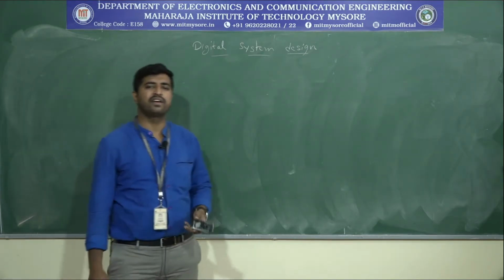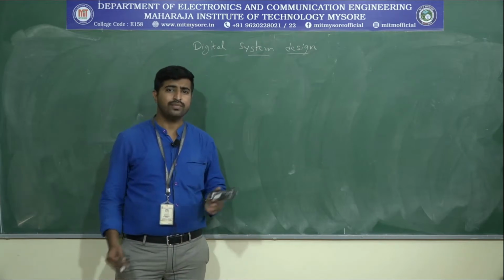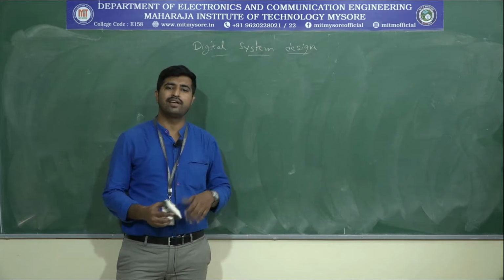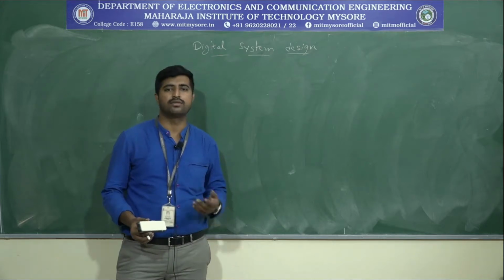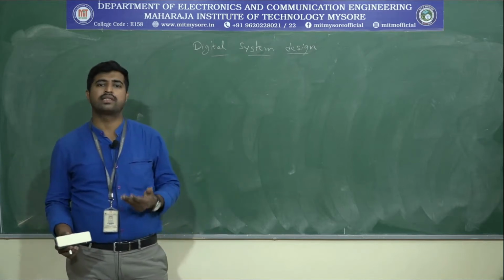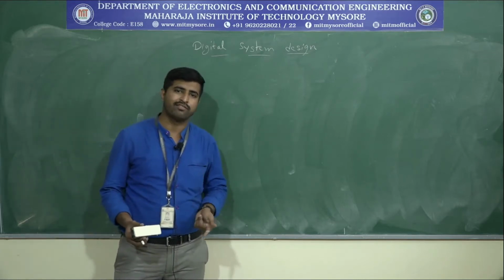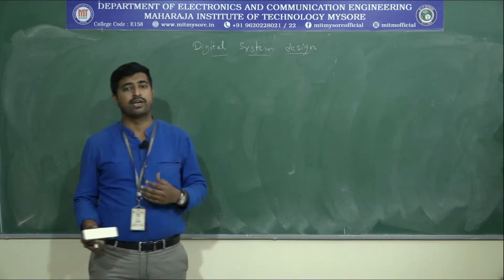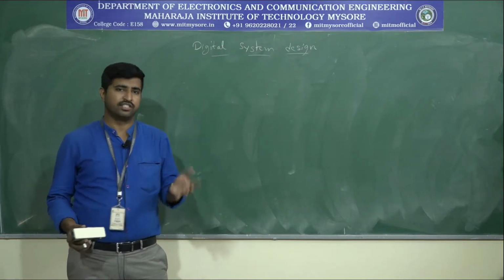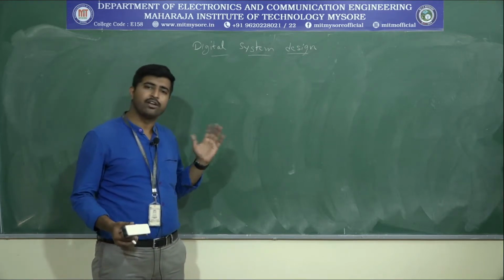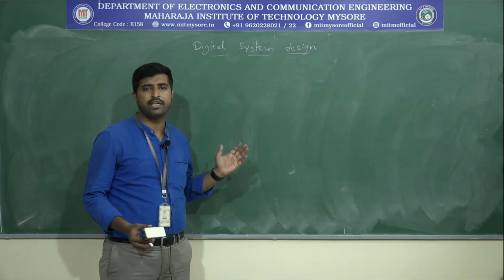In the last class we understood how to derive switching equations from the truth table. We understood the different terminologies, like what is a literal, what is sum of product, what is product of sum, min terms, max terms, canonical min terms, canonical max terms, all these we have understood. And how to write a canonical min term expression or a canonical max term expression from the truth table.